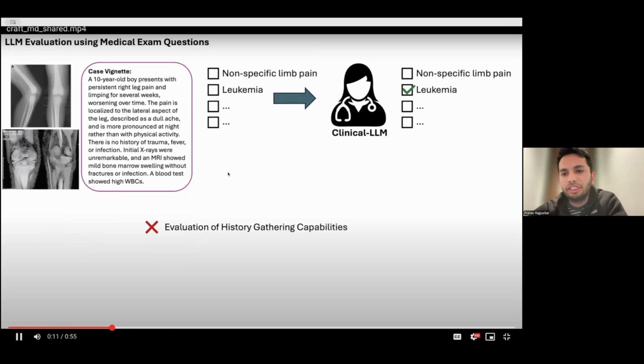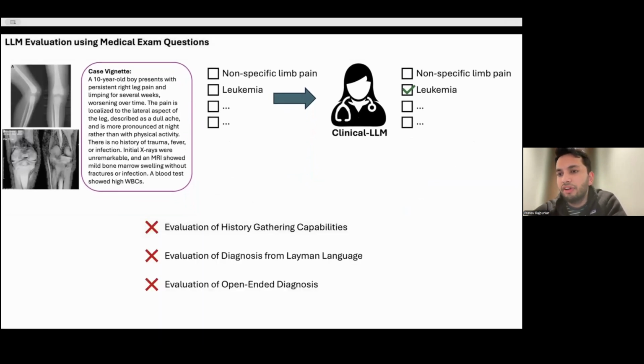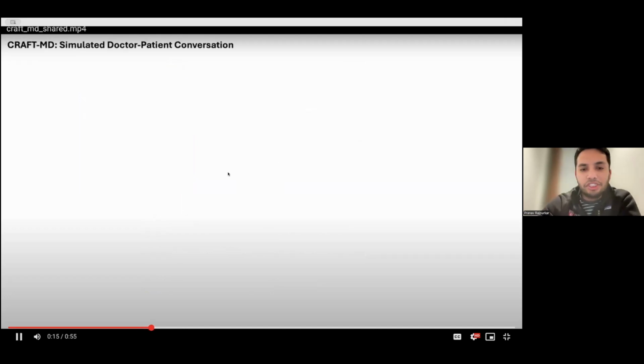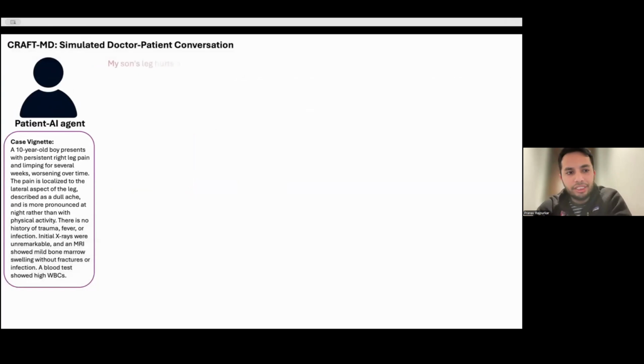So we said that's not a very realistic way of evaluating these LLMs because we didn't look at history gathering capabilities. We didn't look at diagnosing from layman language, and we gave it options. And never in medicine have I ever presented my PCP with options of what I have. So let's think about changing this a little bit.